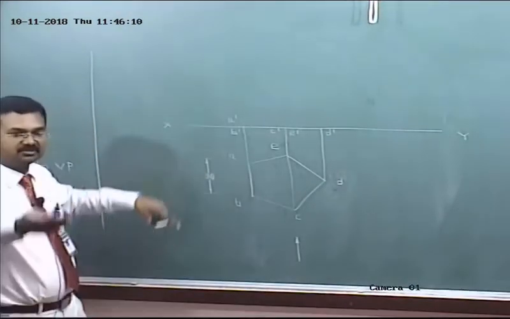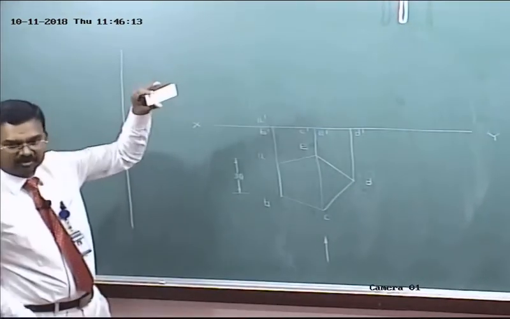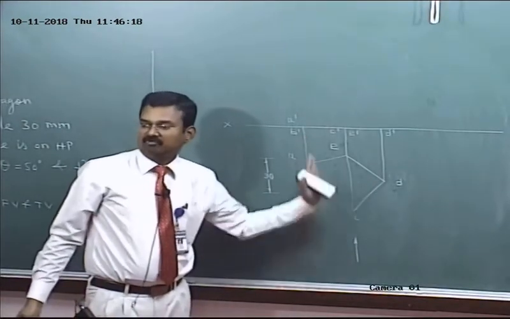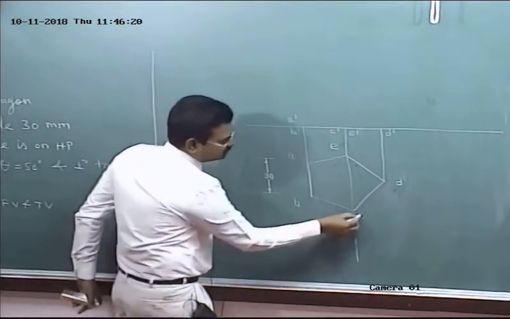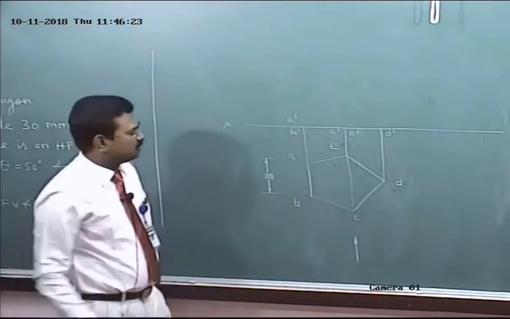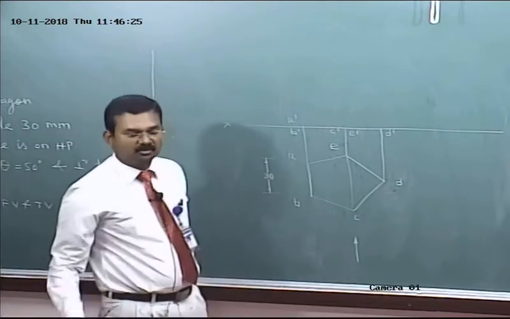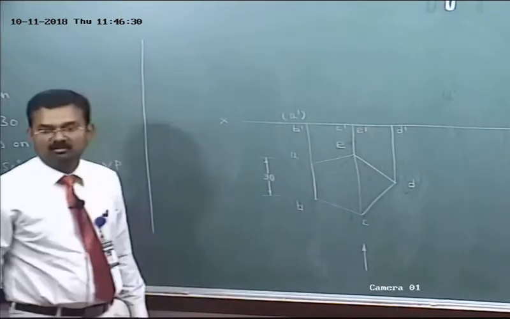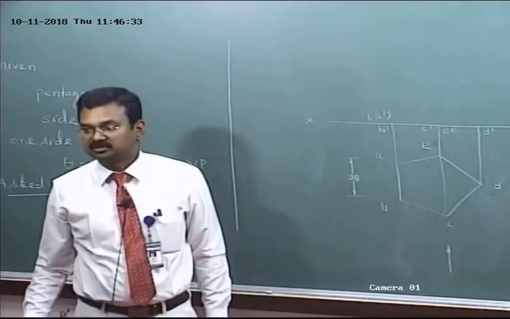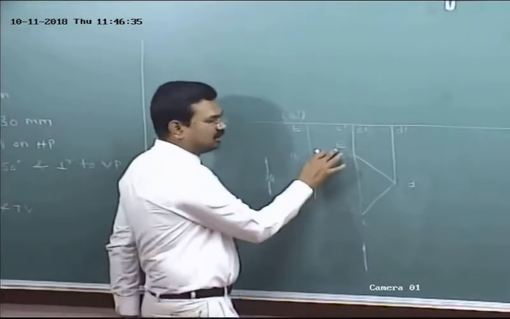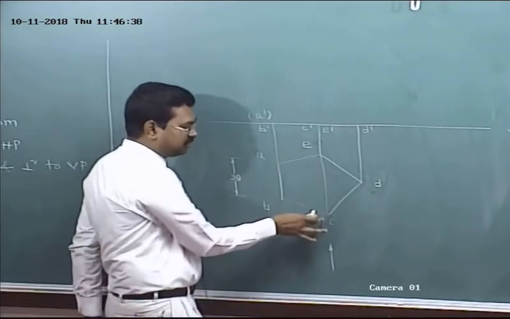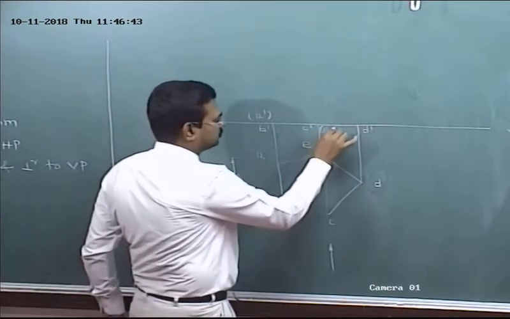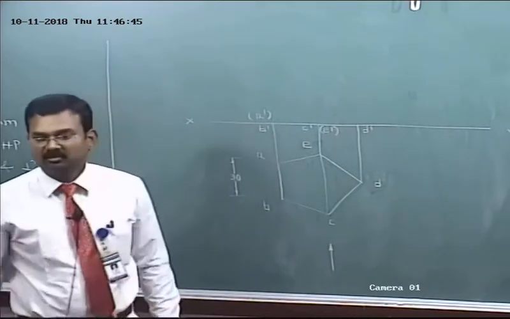To mark visible and invisible corners in the front view, look at the top view in upward direction. So imagine, before rotation, you are the observer. After rotation, it appears below XY. In this direction, B, C, D are visible. Am I right? E and A are invisible. In the front view, A is hidden by B. So as per the rule, the invisible corner should be marked within brackets. Similarly, in the front view, the corner E is hidden by the visible corner C. So in the front view, E is invisible. As per the rule, an invisible corner should be marked within brackets.